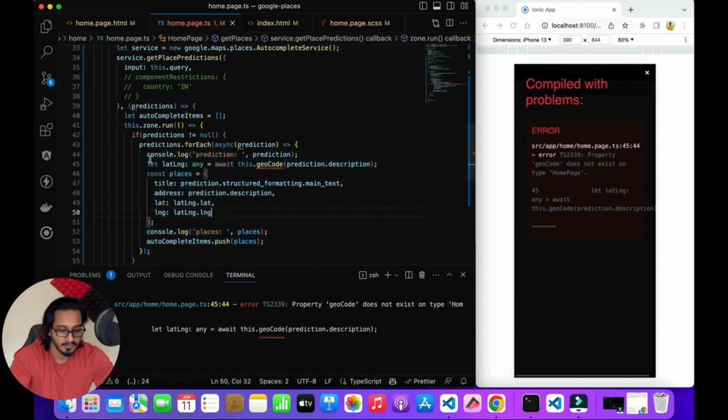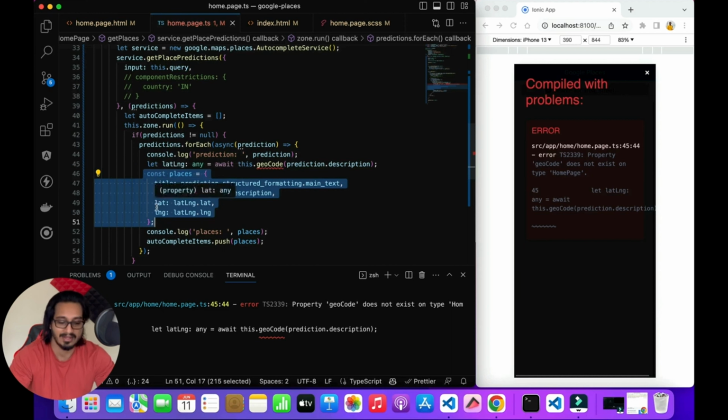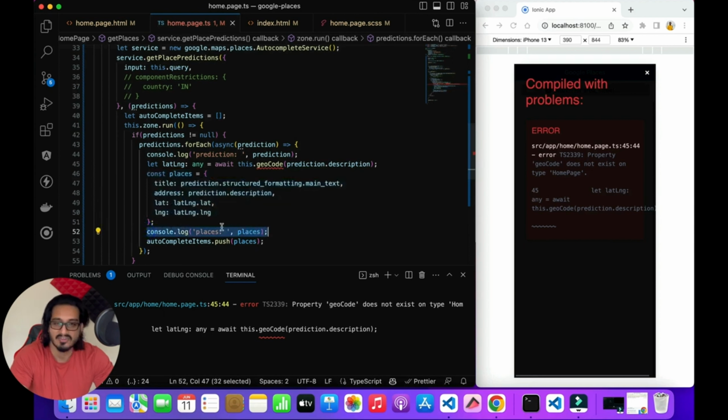So in this particular code, in order to get the lat and long, I'm going to use a function called geocode, in which I'm going to pass the description within the prediction here. Don't worry, you will see what is there in the console log. Then I'm creating an object in which the title, address, lat, long will be prepared in this particular manner. If you don't want this, you can skip this part. Then we'll get each and every place, and then finally I'm going to push that in this particular autocomplete items